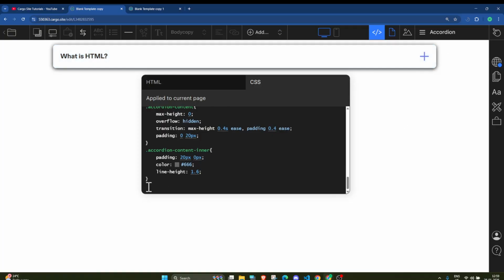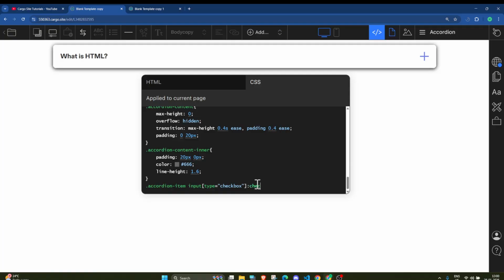So here first I will select accordion item, input field, input type is equal to checkbox. So when this checkbox is checked,